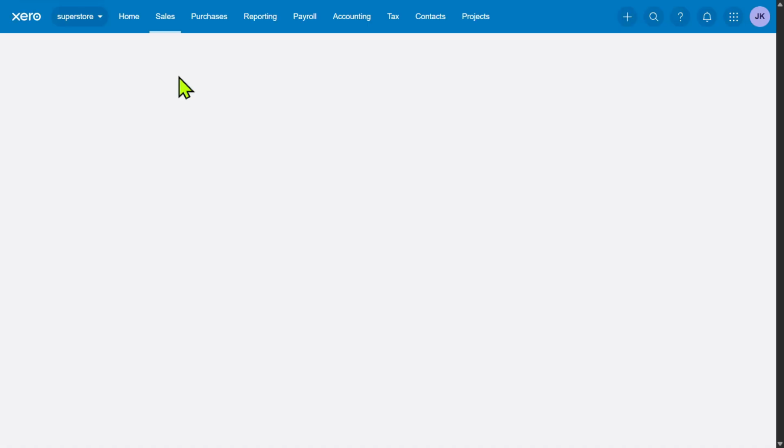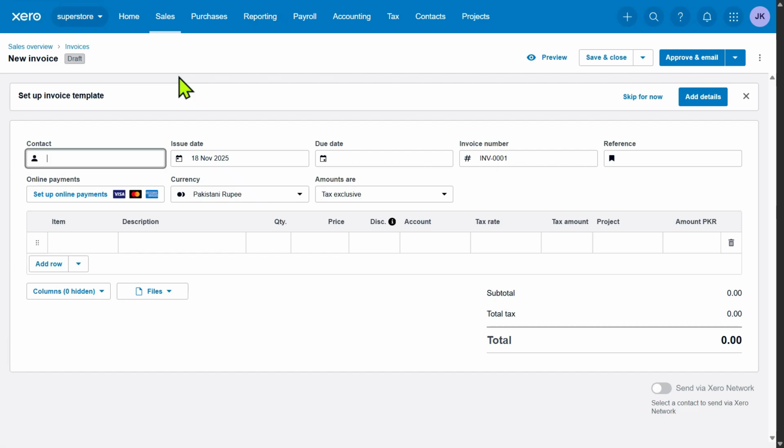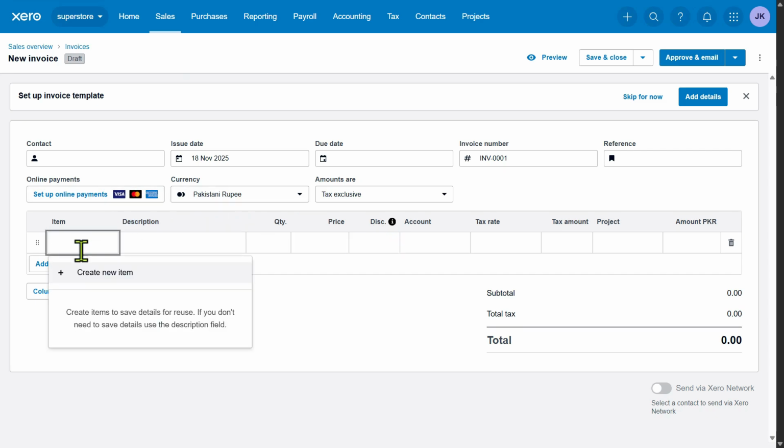To apply a discount, you have two options. You can either apply a line item discount or a global discount for the whole invoice. For a line item discount, click on the item line where you want to add the discount. Then, you'll see a small field for discount, where you can enter a percentage or a fixed amount off that